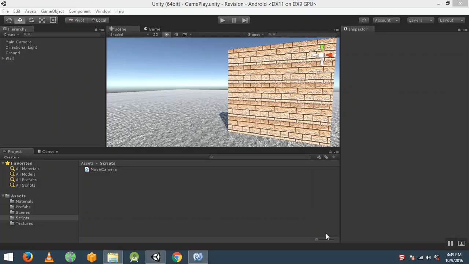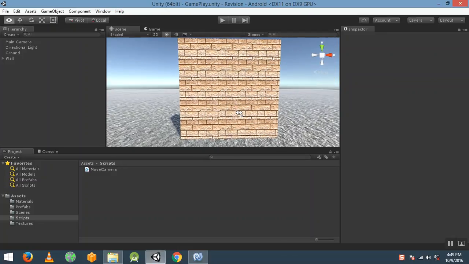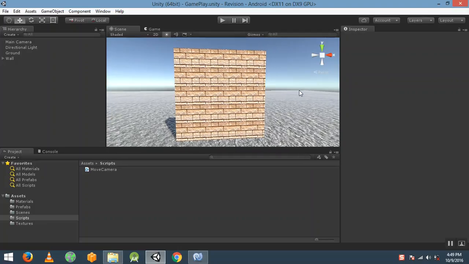Hi. In our previous lecture we learned how to use different kinds of inputs to perform different actions in Unity. In this lecture we will work on collision detection in Unity: what to do whenever two objects collide with each other. We have seen that when we press the F button on the keyboard, a ball is thrown towards the wall and the ball collides with the wall. So we want to detect the collision between the ball and the wall.